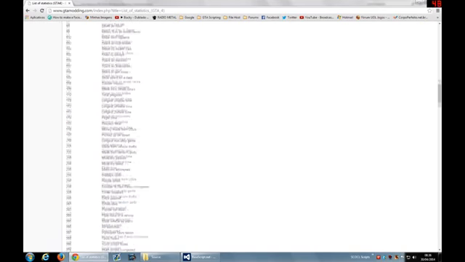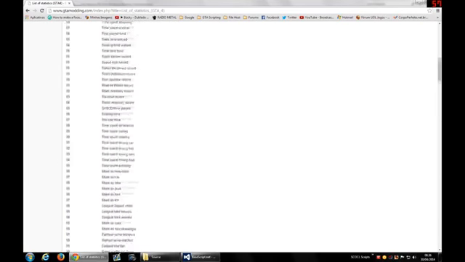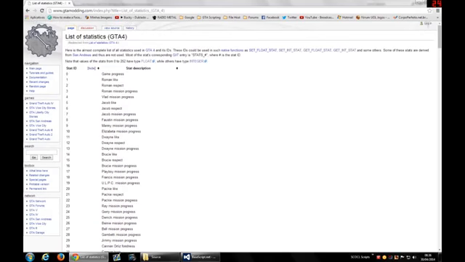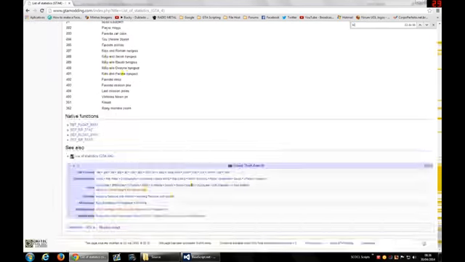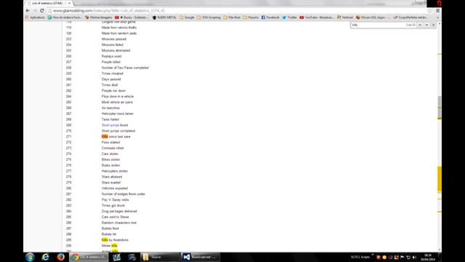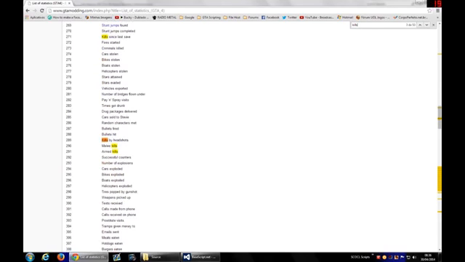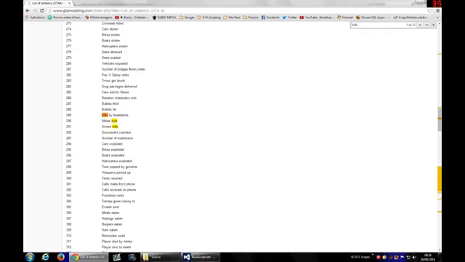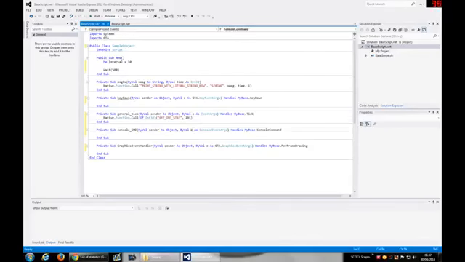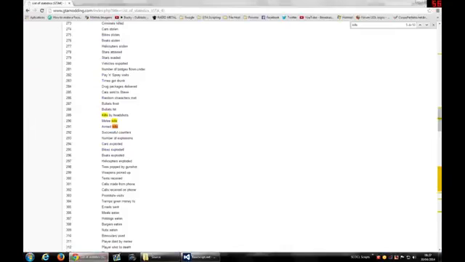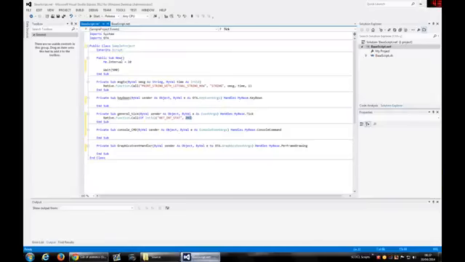For example, we have this big list here of stats that we can obtain. For example, let's pick the kills that the player did. Let's see. Kills by headshot, armored kills. Let's pick this one here, armored kills. Okay, this is what you have now. When I call this method, it will return an integer value that will represent how many armored kills the user made.